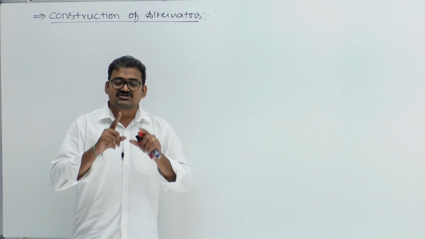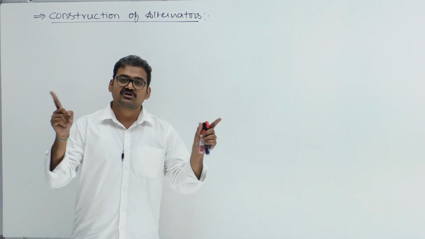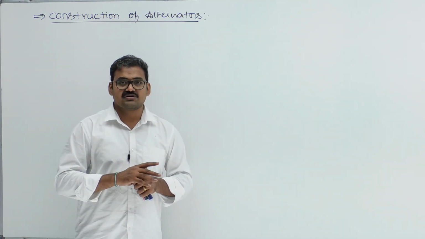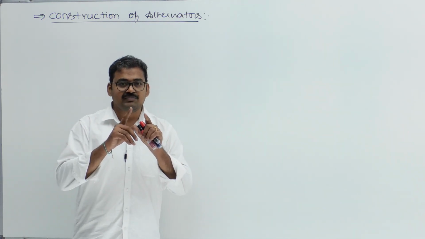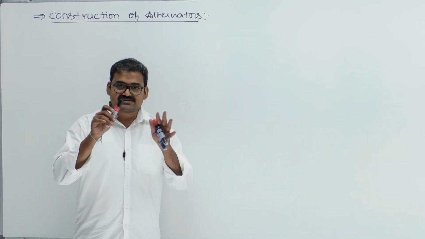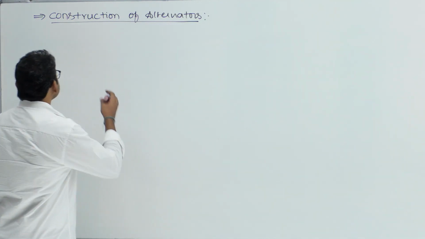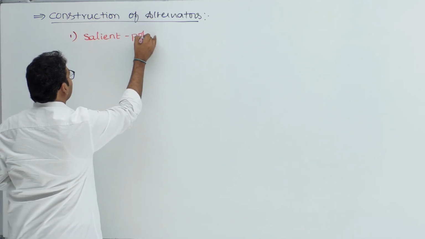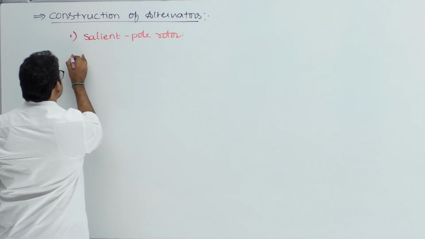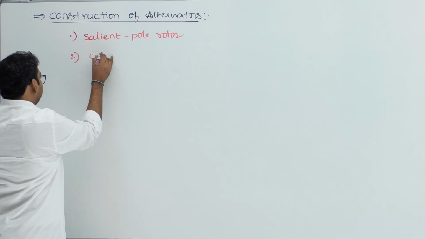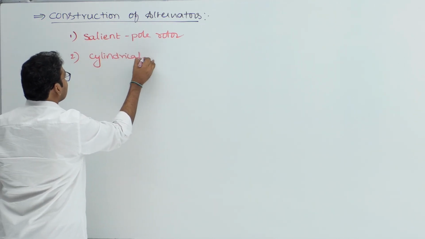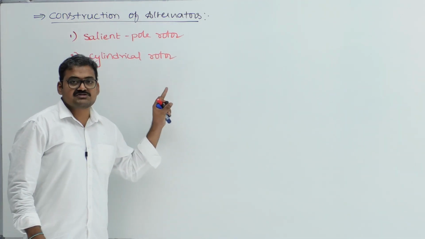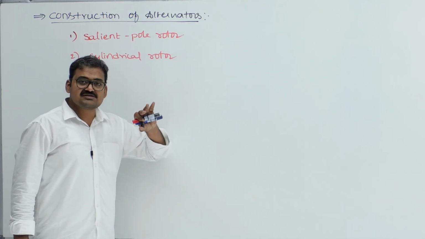Whereas stator magnetic circuit is common between the two. Whether it is a salient pole synchronous machine or cylindrical rotor synchronous machine, stator magnetic circuit will be the same, only the rotor circuit design will be changed. So let us discuss the first one, that is salient pole rotor synchronous generator. Second one is cylindrical rotor synchronous generator. These are the two types based on the rotor circuit, whereas stator design is the same for